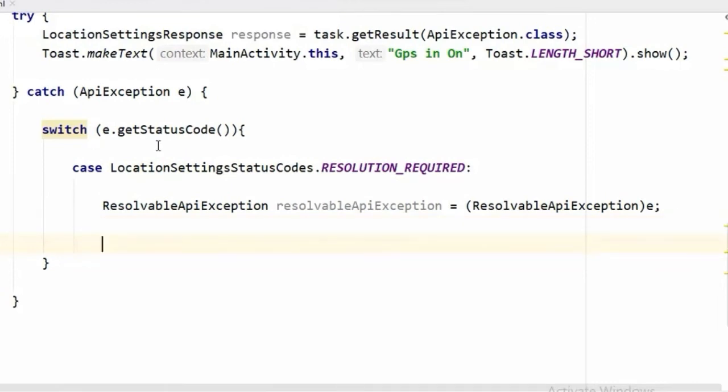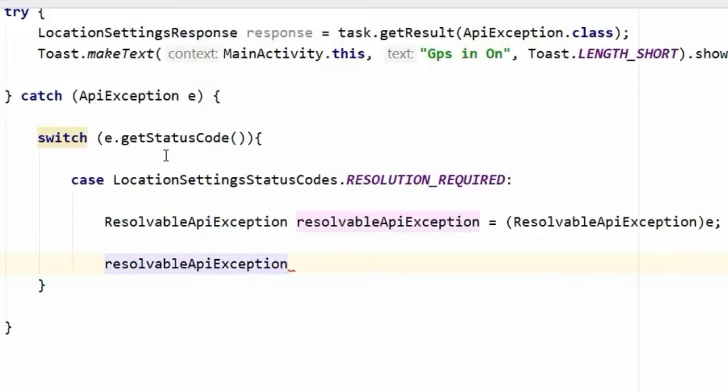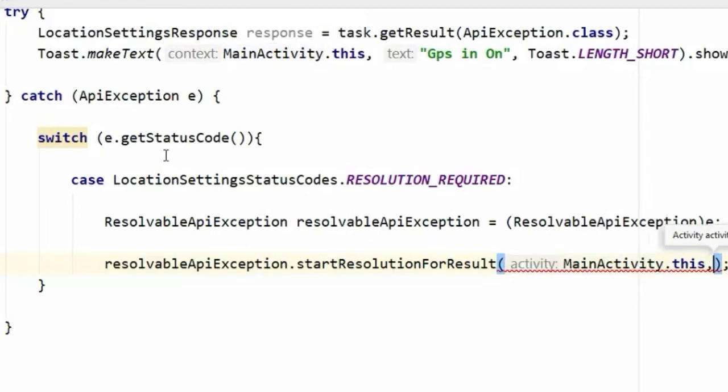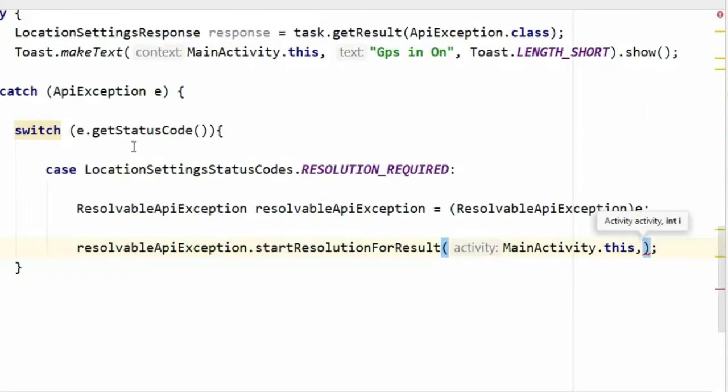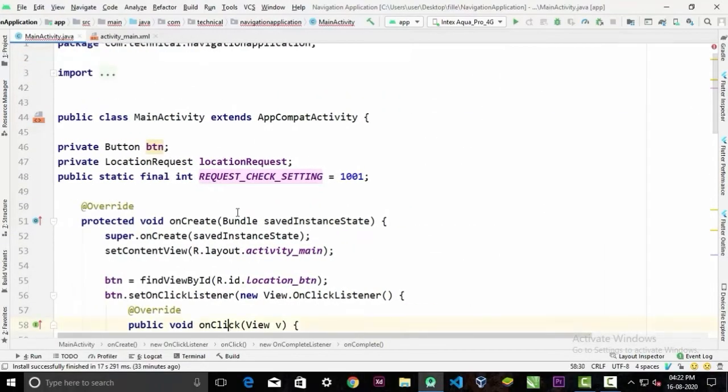Now we know what the error is. We can call dot startResolutionForResult. Pass our MainActivity here for the first parameter, and the second parameter will be the request code, and we will pass REQUEST_CHECK_SETTINGS that we have created at the beginning of our video.